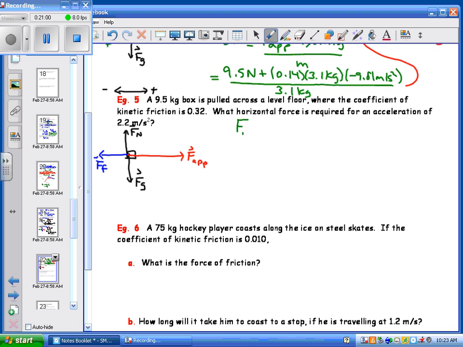F net is F applied plus Ff. So F applied is going to be F net, which is mass times acceleration, minus Ff, which is mu mg. So this minus here, the minus mu mg, that's the minus from algebra. We still have to make friction negative when we plug in our numbers for it. So our mass is 9.5